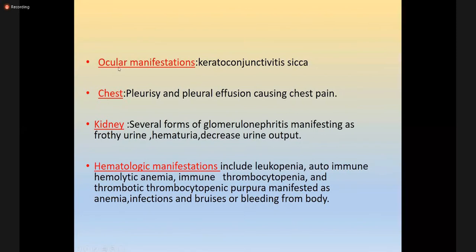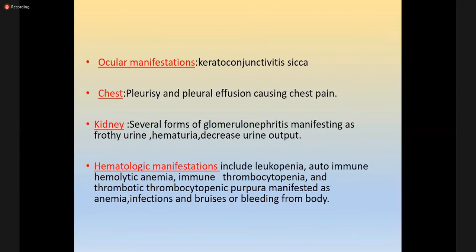Then what does it affect in the chest? In the chest, the most common clinical symptoms are chest pain or dry cough. The cause for this would be either a pleurisy, in which there is inflammation of the pleura, or there may be collection of fluid inside the pleural cavity, because it is one of the well-known causes of serositis, in which there is inflammation of the serous cavities, leading to collection of fluids inside the pleural cavity, inside the pericardium, inside the peritoneal cavity.